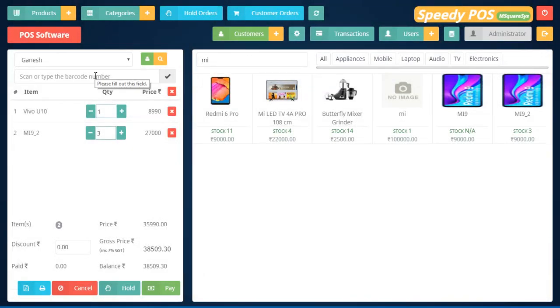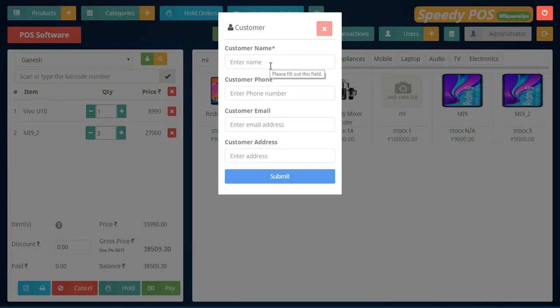Now suppose you want to add a new customer, you go to this plus option, the customer option we are providing. Click the customer. It is the same as how we added the product. So here, customer name, Sagar, phone number, some number I am typing, that's my number. Only the customer name is mandatory, the remaining fields are optional. So you can enter them or not, that is not a problem.